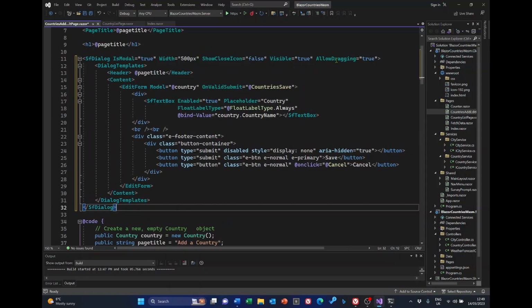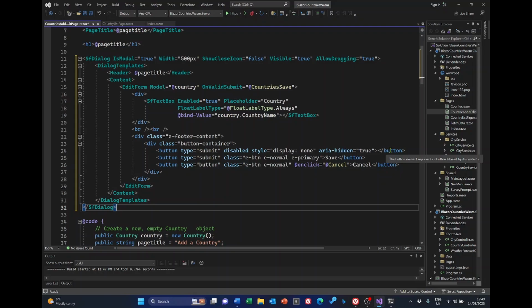So we've now got allow dragging, and we've got our header and content, and I've also added our hidden submit button so that we don't have problems when the user hits the carriage return or return key instead of clicking